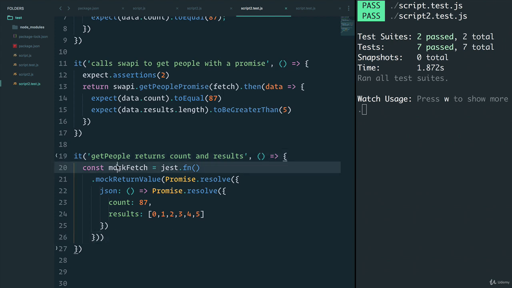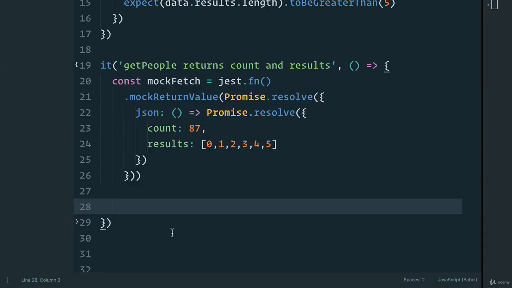All right, so now we just mocked the fetch call. Instead of calling this get people promise and waiting for the data and getting the data.count, data.results, we're actually just doing that automatically, assuming that the API works, so we can just test our other parts of the function. Again, because this is still asynchronous, we're returning a promise, remember. We'll want to do a return